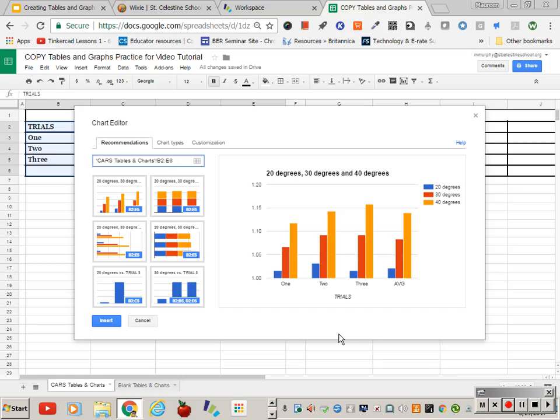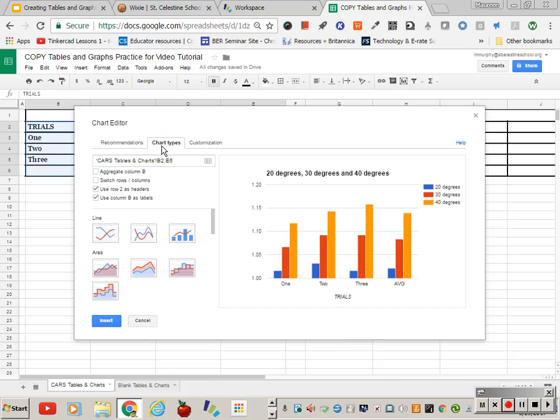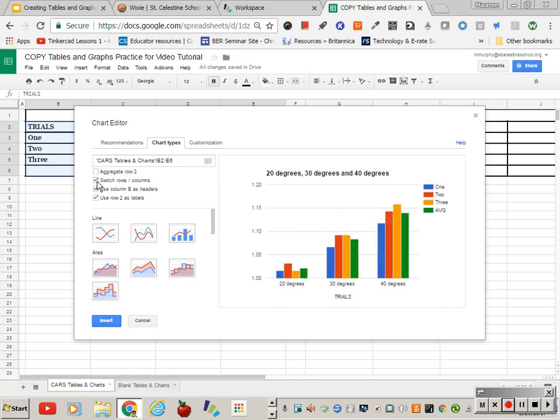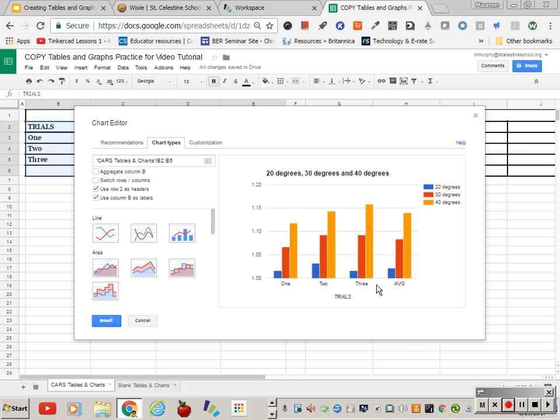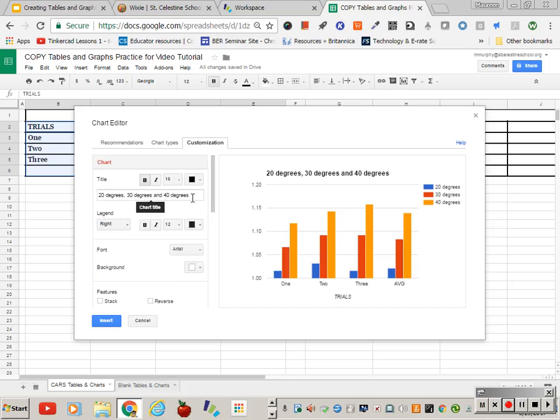Okay. All right. After I do that, I'm going to go to Chart Types. And when I'm in Chart Types, I'm not going to make any changes. This is where you would go ahead and choose other types of charts. Or if you chose to do your degrees that way, then your legend would be your trials, and your degrees would show up on the bottom. But I like to make comparisons this way so I can see what the difference is. So then I go to customization, and I'm going to name